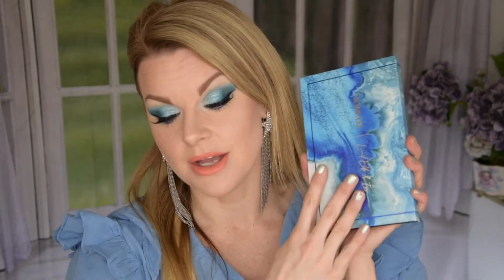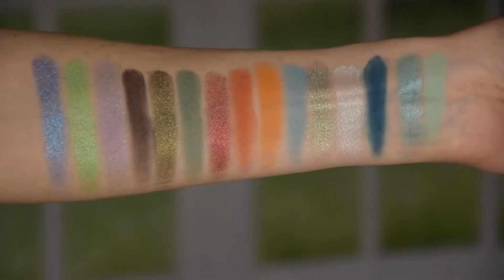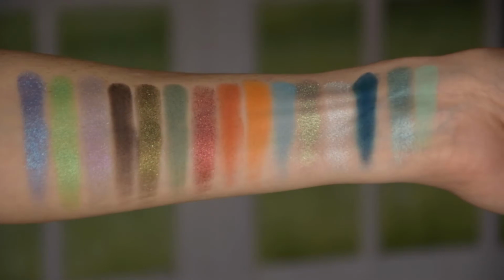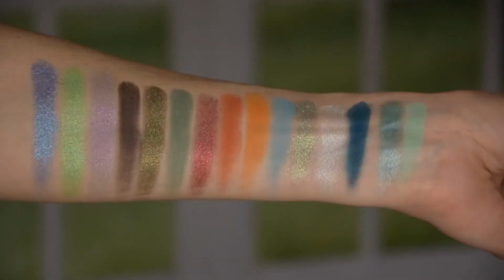They always do that, but they have these travel themed palettes, so it's either a country or a city or something. So I was so excited when they came out with this one, and I have done 3 looks, guys. I'm gonna give you some swatches as well so you can see how it looks swatched out. So here comes the swatches. So now you've seen the swatches, and yeah, this is one of the looks, guys. I have done 3 looks as I said, so let's go ahead and get started and go to look number